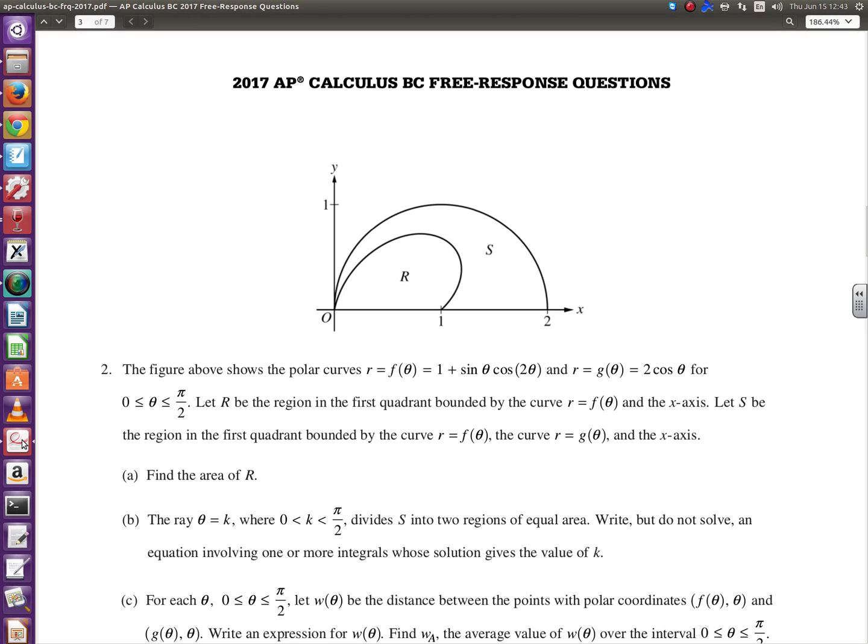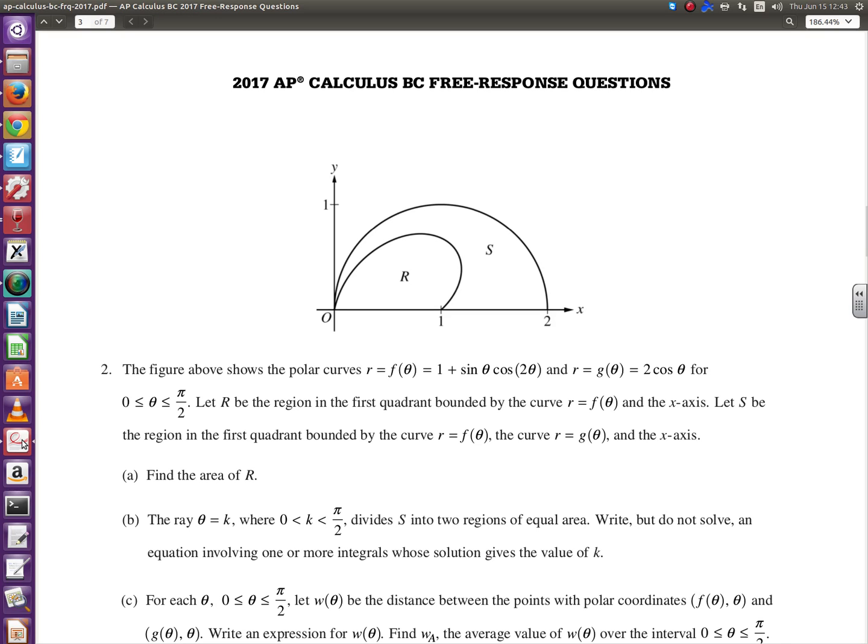2b. The ray theta equals k, where k is between 0 and pi over 2, non-inclusive, divides the region S into 2 regions of equal area. Write, but do not solve, an equation involving one or more integrals whose solution gives the value of k. All right, so what we want to know is, let's see,